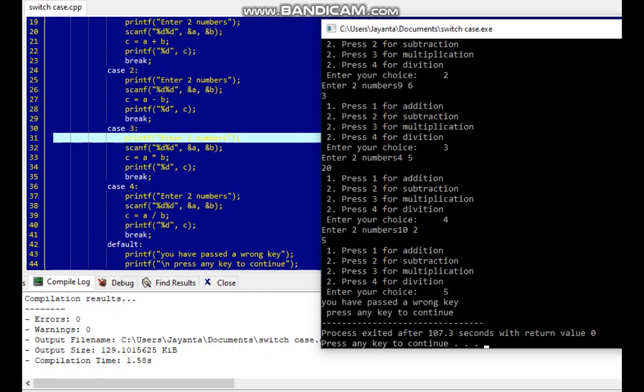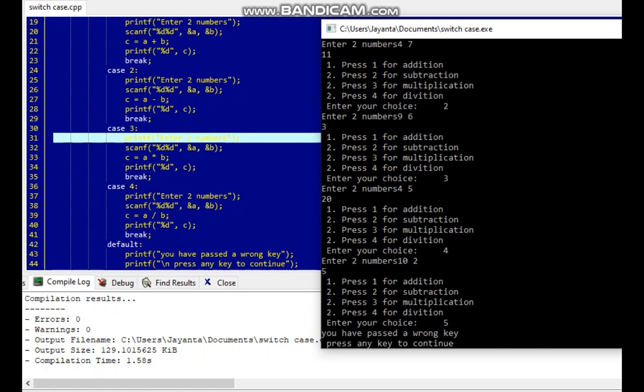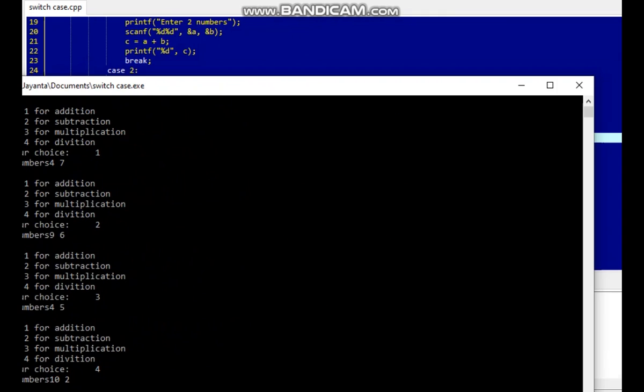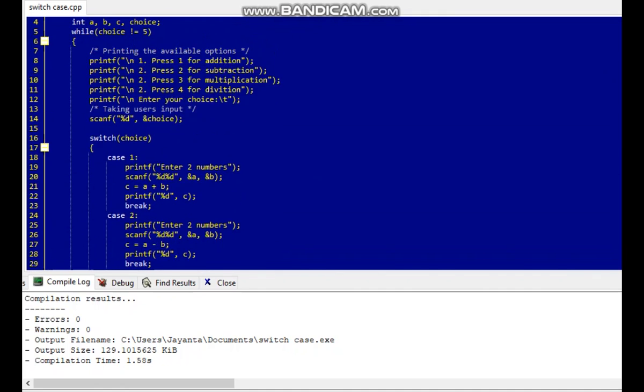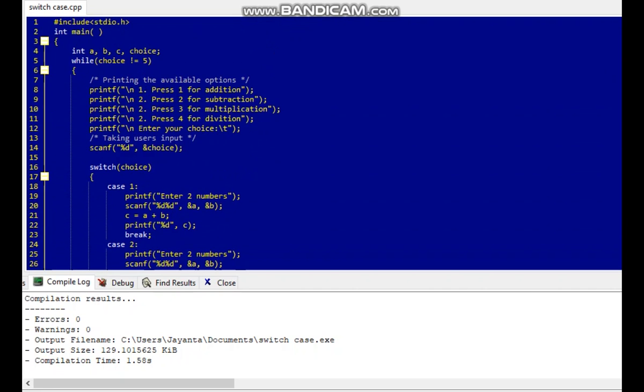So here is our output. I have given all the choices here, and it is our menu driven program using switch case for addition, subtraction, multiplication and division.